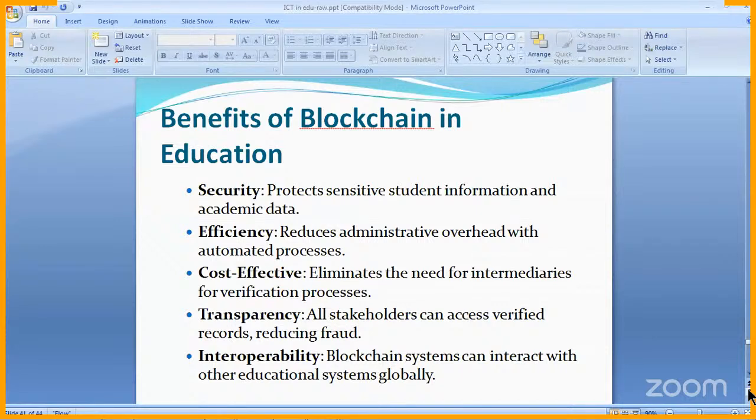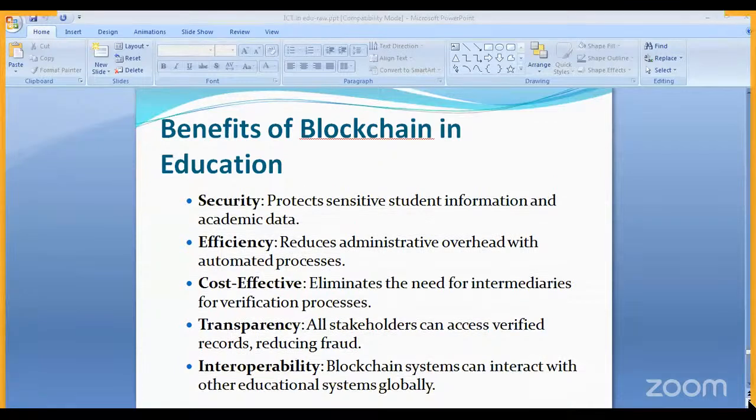So everything fake is available in the market, and authentication, verification and validation become a lot of issues for all the agencies: the recruiting agencies, the higher education admitting agencies, and in society also. So that is why security is a bigger concern, which is being addressed perfectly by using blockchain.